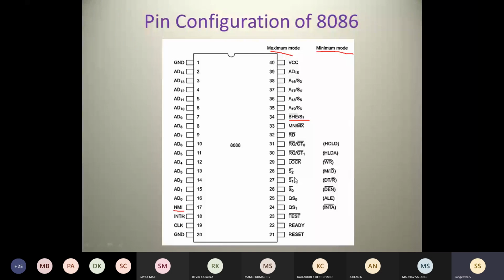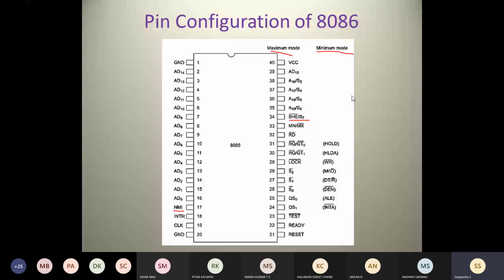In minimum mode and maximum mode configurations, as I told, minimum mode operates as a single processor. It is not interfacing with any other processor. In maximum mode, it usually interfaces with other chip configurations, so it can be either an 8088 or an 8086 version 1, with some interfacing unit. When it operates in maximum mode, it is called a multiprocessing mode. In that, there are pin variations from 31 to 24, for maximum and for minimum.